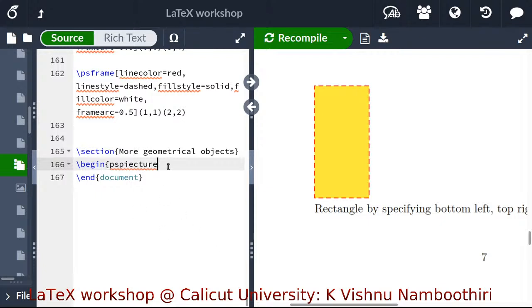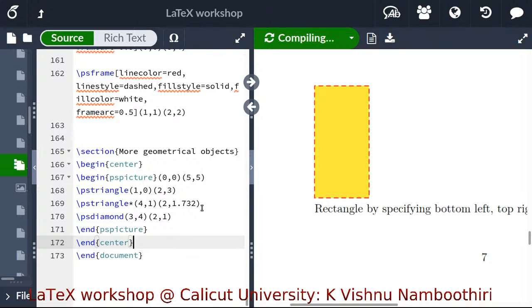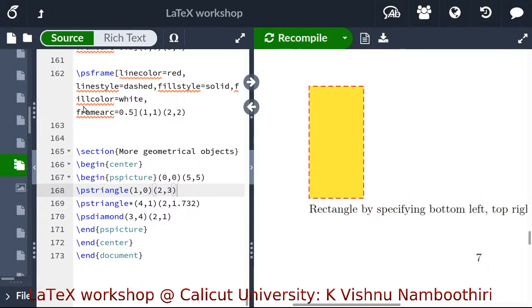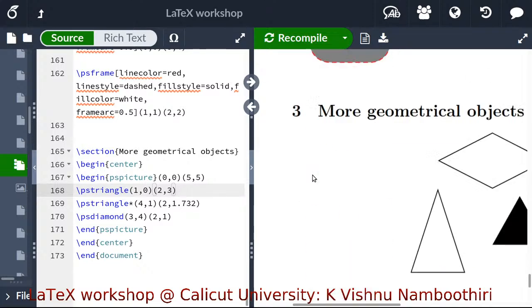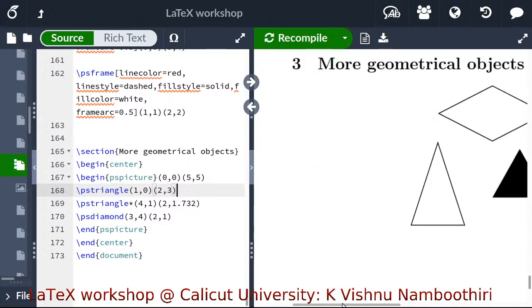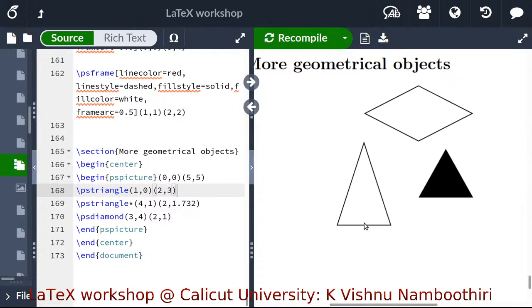So I'll copy paste the entire thing from somewhere. So these are triangles. The first is a triangle